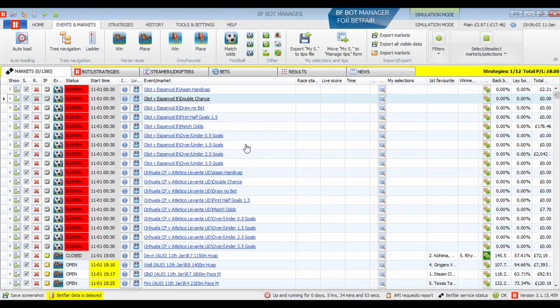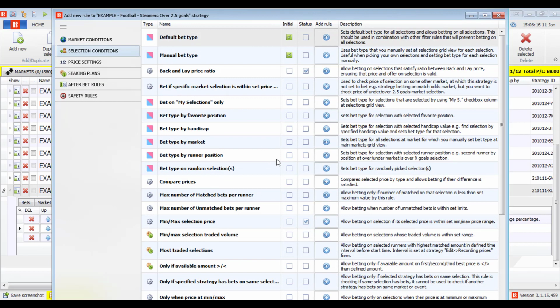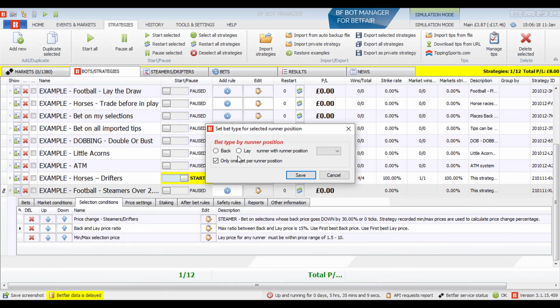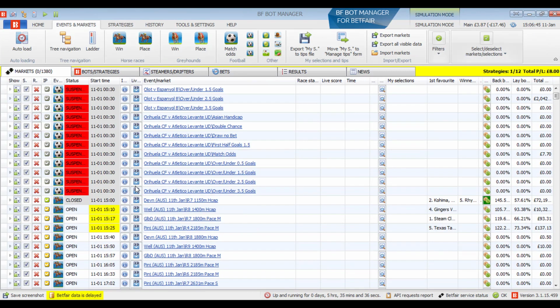Then in selection conditions, add a bet type. Here we add bet type by runner position. Here we want a back bet on position 2. We set it to bet on runner in position 2 because this is the over bet in the 2.5 goals market. If you're unsure of which runner position your bet is, you can always take a look in the markets